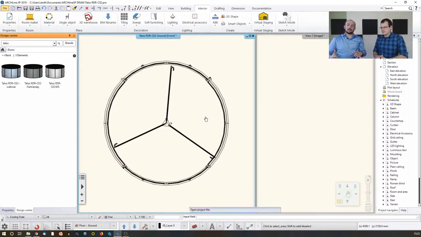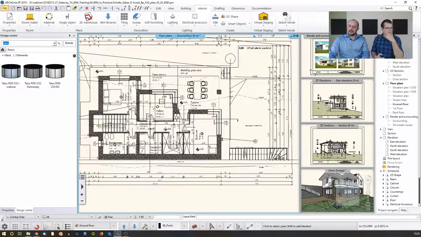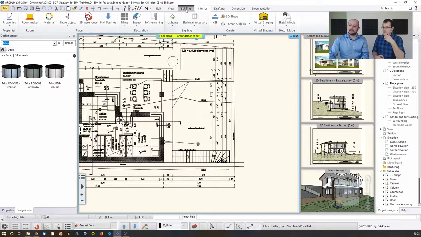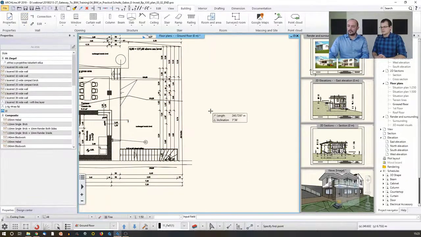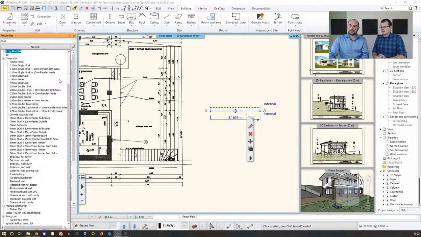I will go back to the previous project where I was working on. Now, this wasn't an office building, so this revolving door won't fit the previous building. But as you can see, this is how it integrates. And when I go and use the wall tool anywhere on this drawing, let's just change the style to something